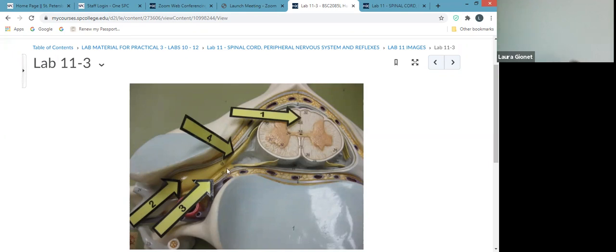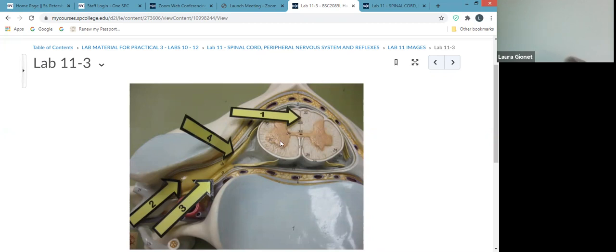Okay, then we're looking at these nerve roots, or ventral and dorsal nerve roots, that you can see entering and exiting the spinal cord. And then also here, number 2, pointing to that bump region there called the posterior root ganglion. Right, so you get an orientation as to what's anterior and posterior, like the posterior or dorsal gray horns and